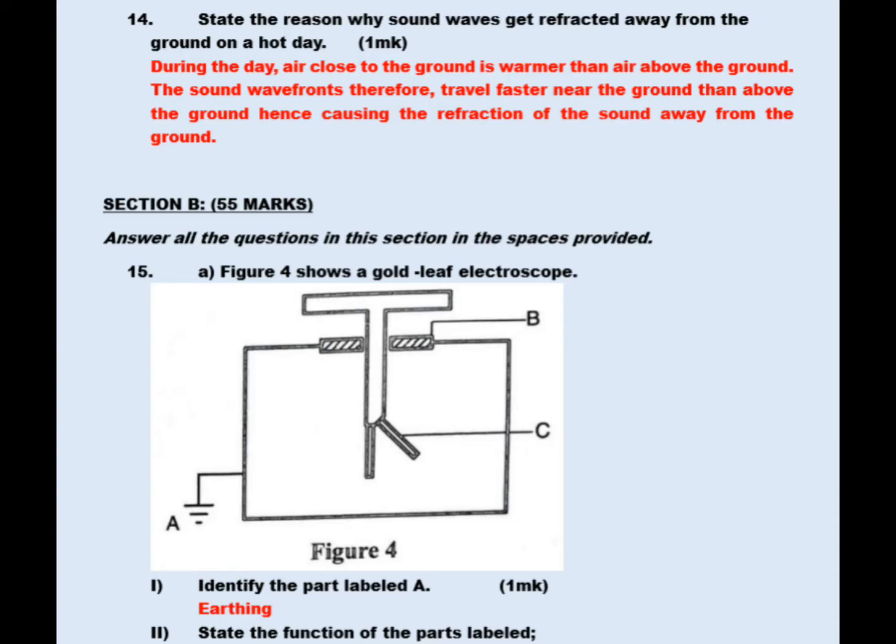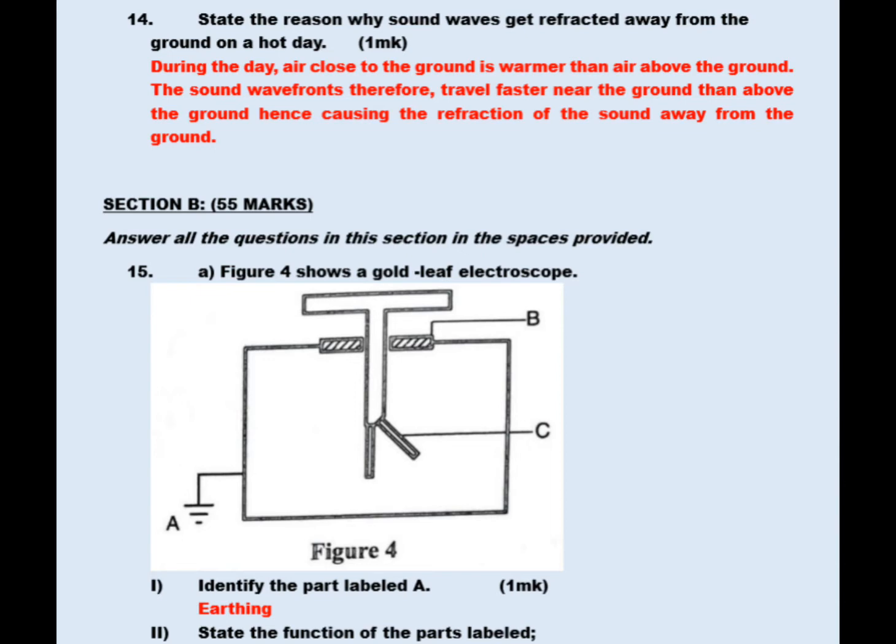State the reason why sound waves get refracted away from the ground. In other words, why can't you hear sound from far during a hot day? During the day, air close to the ground is warmer than air above the ground. The sound wavefronts therefore travel faster near the ground than above the ground, hence causing the reflection of the sound